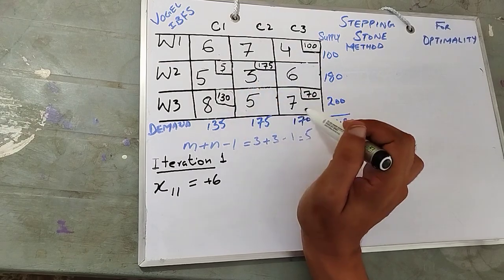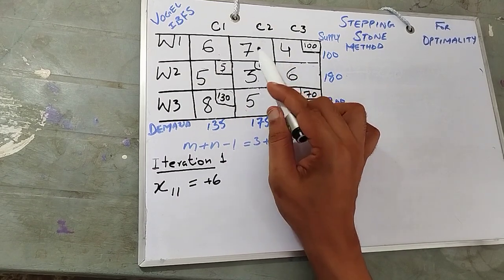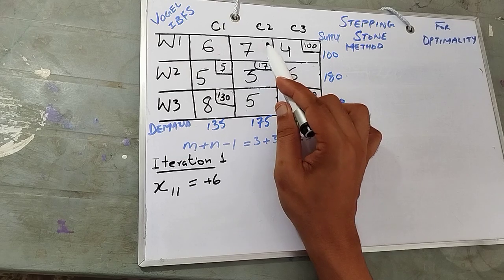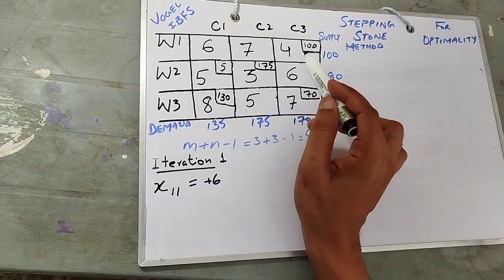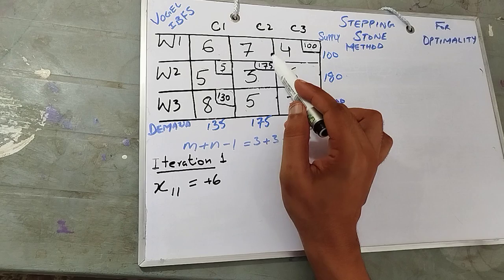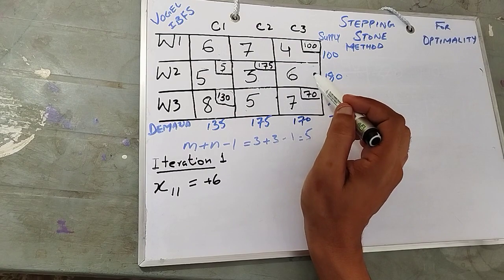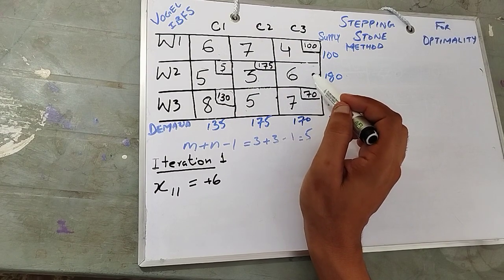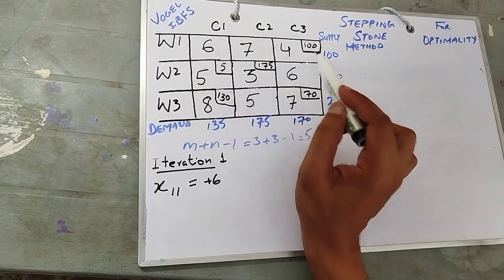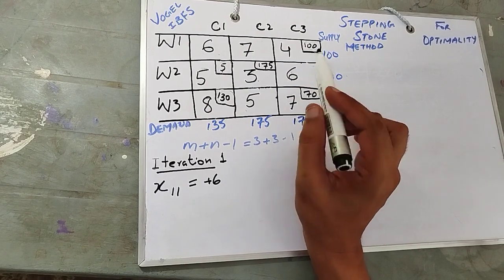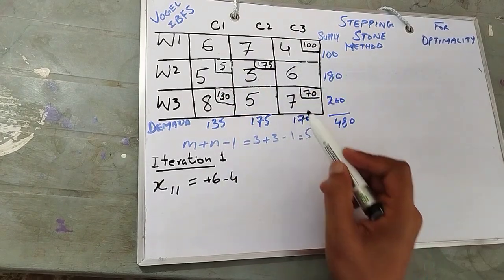You see, we have taken a long route to make a loop as compared to a small one. For example, if there was an allocation over here at 7, it would be a short loop and we would prefer that instead. But since there is no allocation over here, there will be no loop. Or if there was an allocation over here, then we would make this loop as well, ignoring 3. So what we are left with right now is plus 6 minus 4, plus 7,